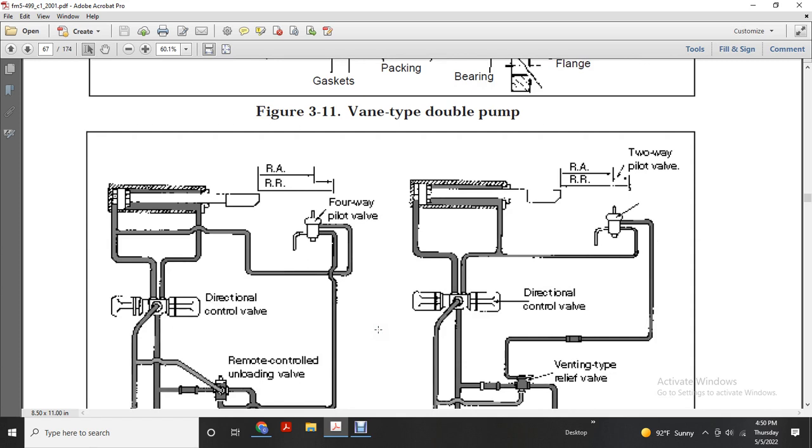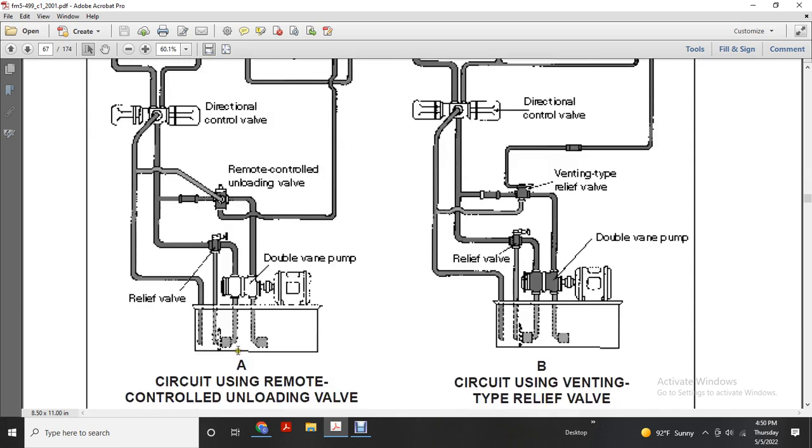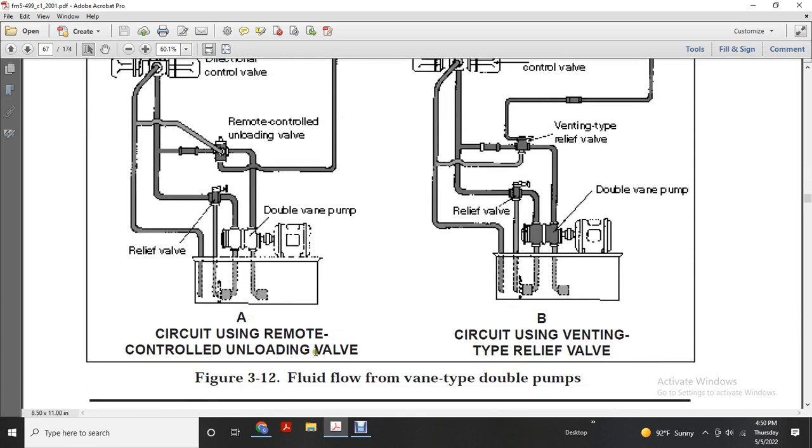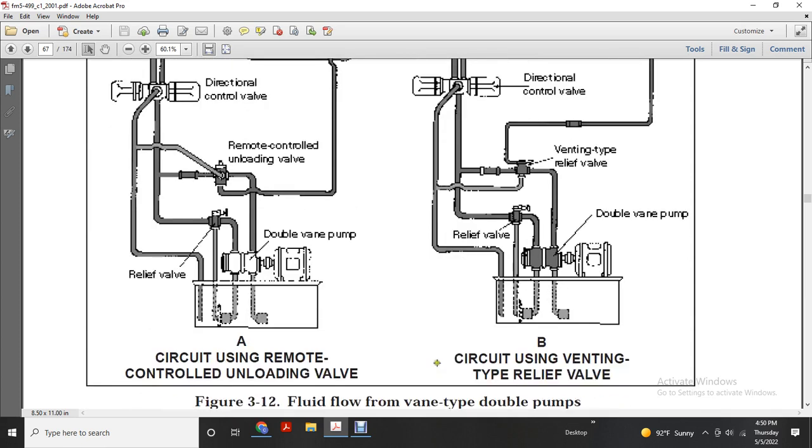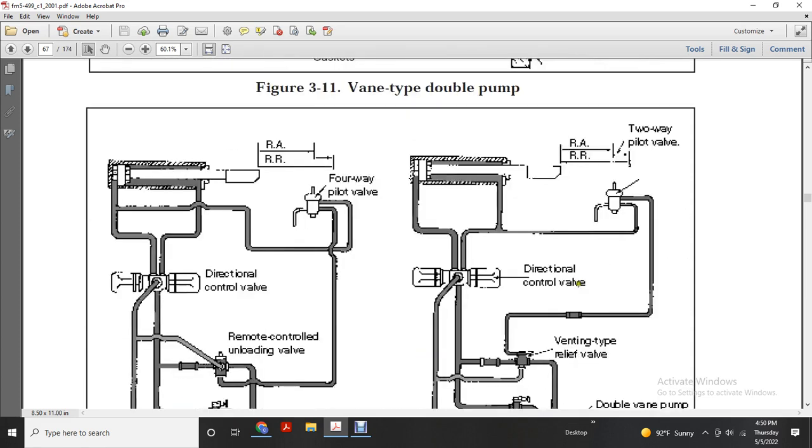Pilot valve, directional control valve, remote unloading valve, double vane pump, relief valve: a circuit using a remote-control unloading valve, and a circuit using a venting-type relief valve. This shows the pilot valve and directional control valve with a venting-type relief valve instead of the remote control